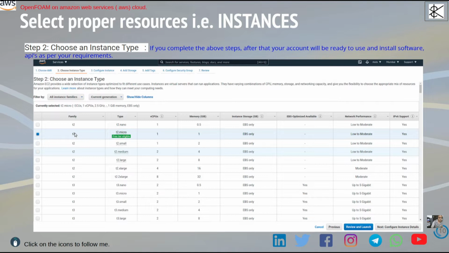So there are some instance types. These are the families we can discuss later, you can explore later on. Basically, based on the instance type we can define the properties: how many processors, how much speed the processor has, and what the RAM size is. That we call the instance. So based on this instance we can select it.